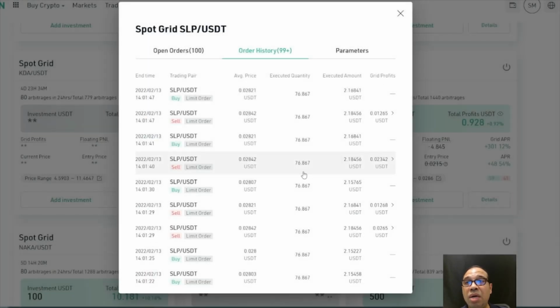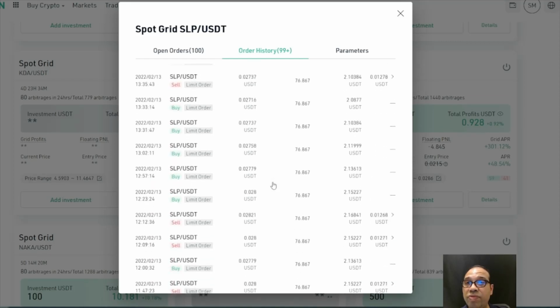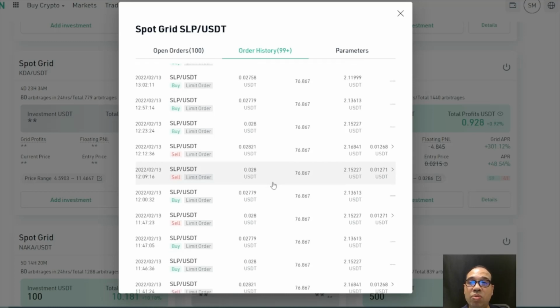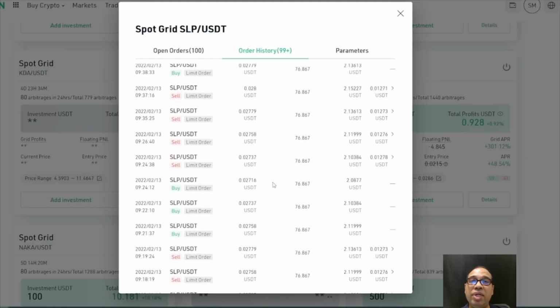Each one is called an arbitrage, and that way it tries to make money by doing a lot of transactions, which humanly is not possible if this bot wasn't there. You could possibly buy a coin and leave it there for the next 5 years and wait, but this one is trying to make a profit on the $200 or $300 worth of coins, using the volatility of the market. Sometimes if the coin just skyrockets and goes up 300%, let's say, the bot can't do much. In fact, you would have been better off with no bot. But we are trying to make money out of arbitrage, out of the volatility in the market.